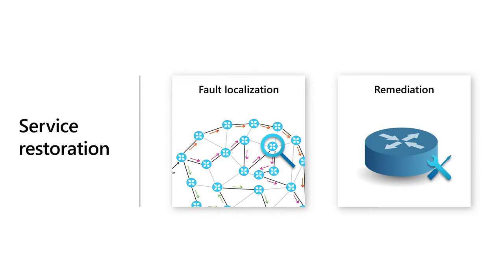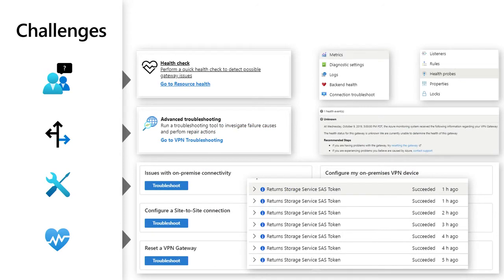Now, on such a network, when you have an outage, when you have an issue, how do you figure out where the problem lies? At that point, what are some of the challenges that you will be seeing? Some of the questions on your mind at that point are, where do I begin?